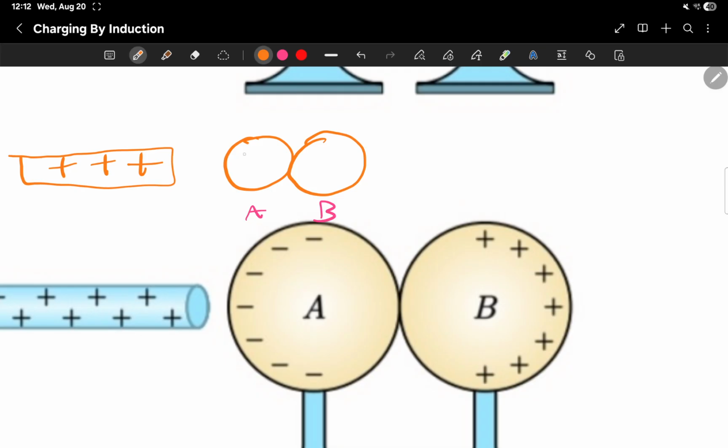That's wrong. They'll attract electrons towards the left-hand side inside the sphere. So the electrons will naturally move more into this area of this sphere here. And what's left over on the other side are